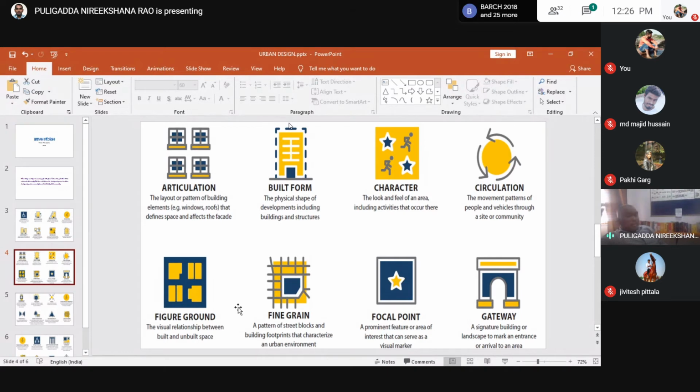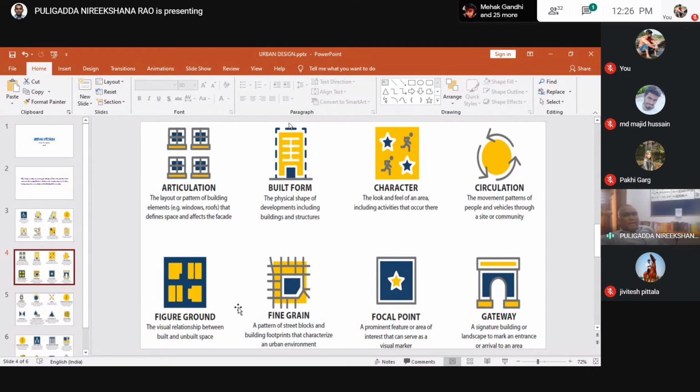That's why I tell you, please be serious about your case studies. In a case study you have to filter what the drawbacks are and what the merits and demerits are. If you are able to filter all these things, only then can you efficiently do your forthcoming housing design.